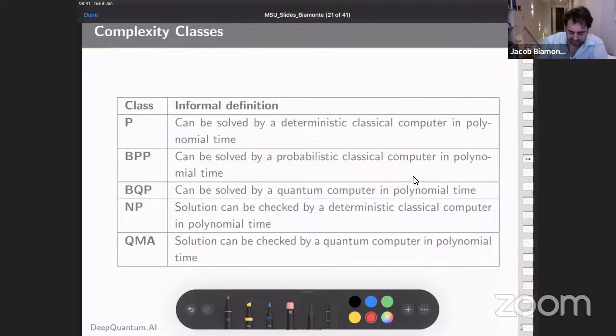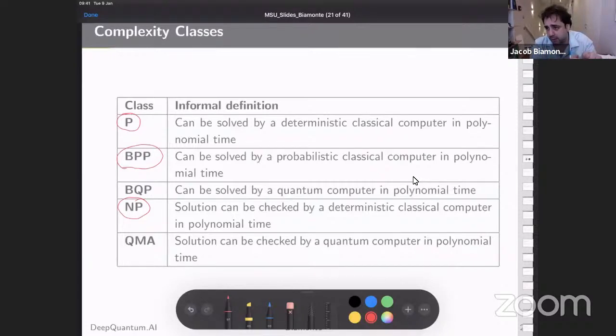The standard classes to do this are ones that you're probably quite familiar with, regardless of your quantum experience. This class is maybe less familiar, but it's the idea of a classical algorithm that runs in polynomial time. P is, of course, the class of problems that can be solved, or decided if they're decision problems, in polynomial time. And NP is the class of problems that you can check in polynomial time.